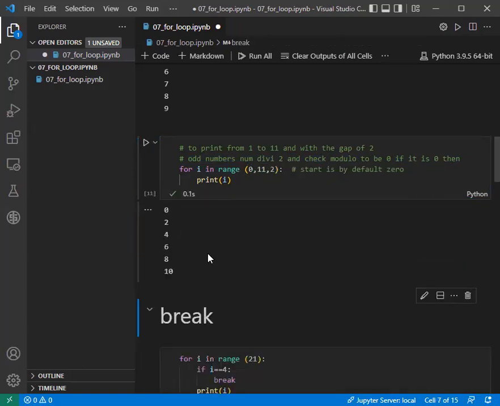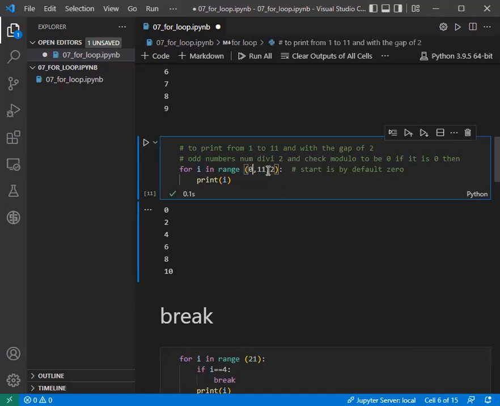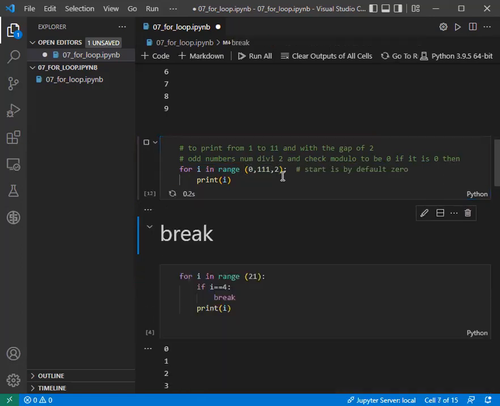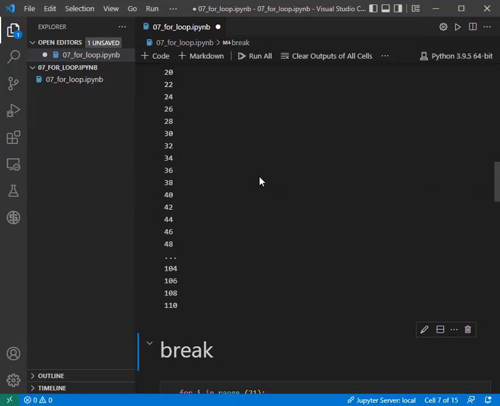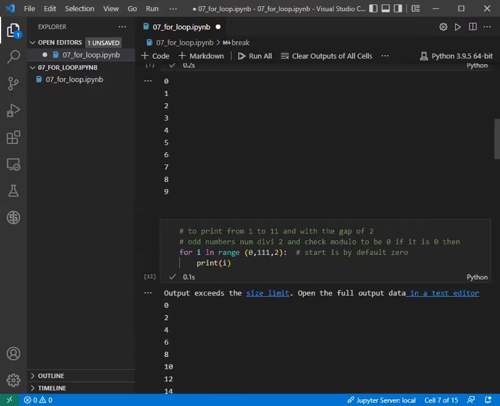See, right? 2, 4, 6, 8, and 10. These are the even numbers in the range of 0 to 11. Now let us say I have to check in the range of 111 how many even numbers are there. Can you see that? This many. So say I want to print this count. I can define here